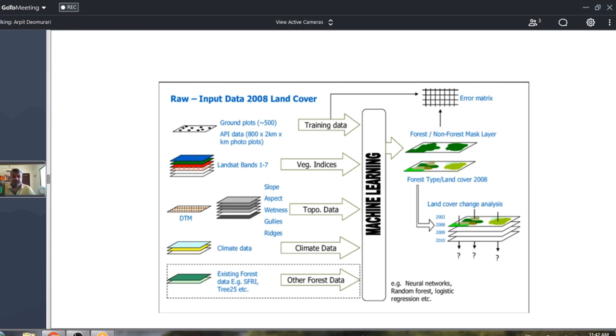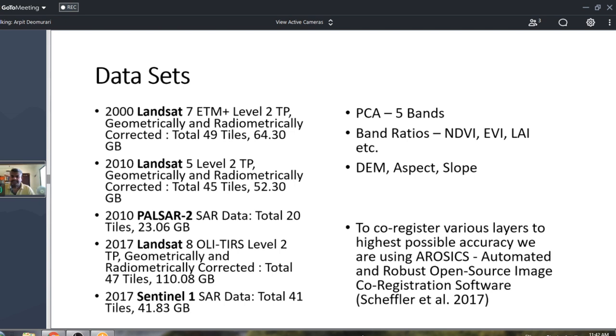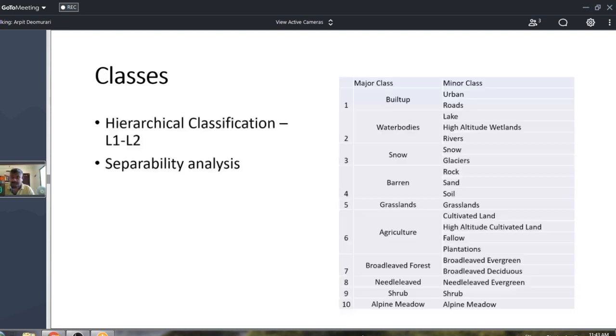So if you look at this, it becomes more technical, but what I mentioned here is that this technique enabled me to use not only optical remote sensing data, but radar data also, which can actually penetrate through cloud.